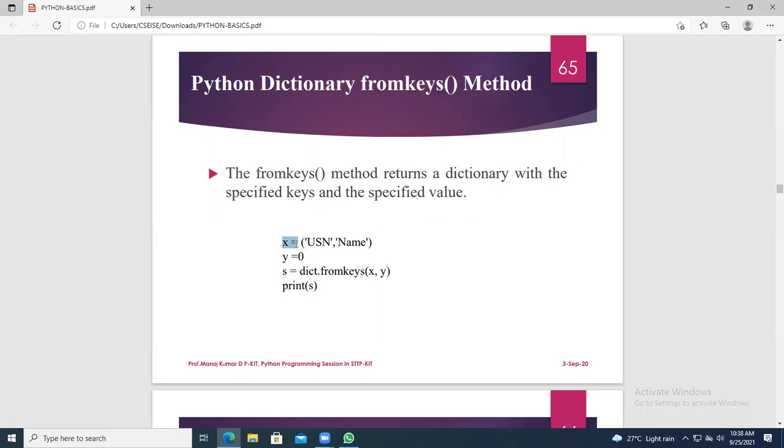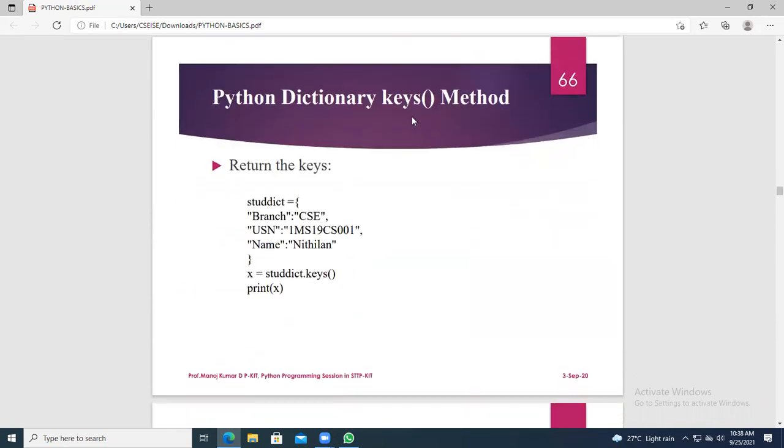One is key, which I have given as USN and name, and the value I have given as 0. So fromkeys of X comma Y. When you print, you will get USN with a value 0, and name with a value 0.